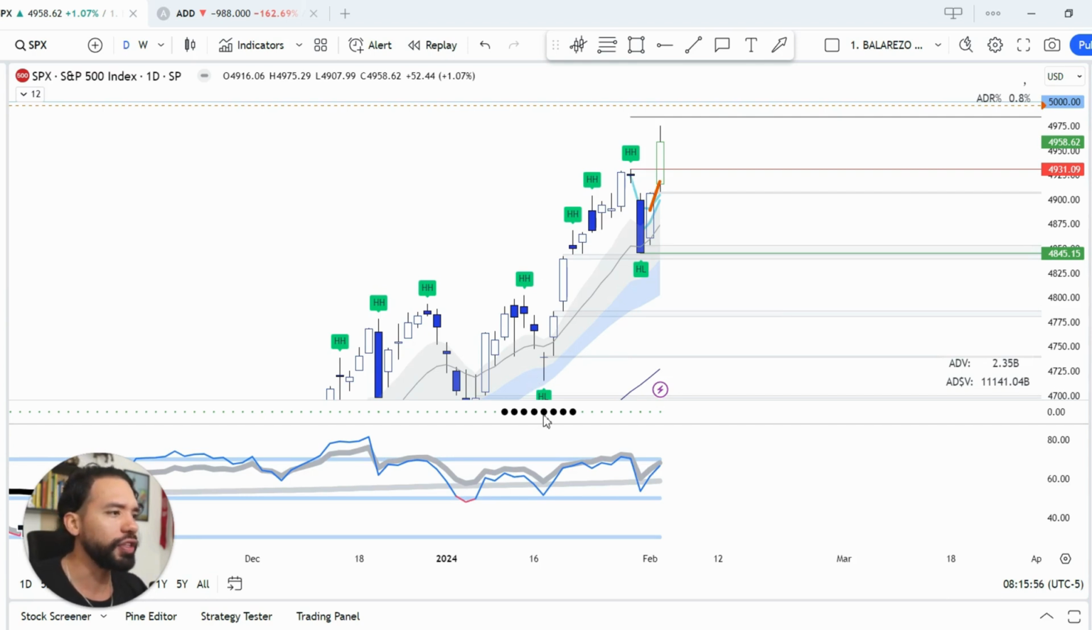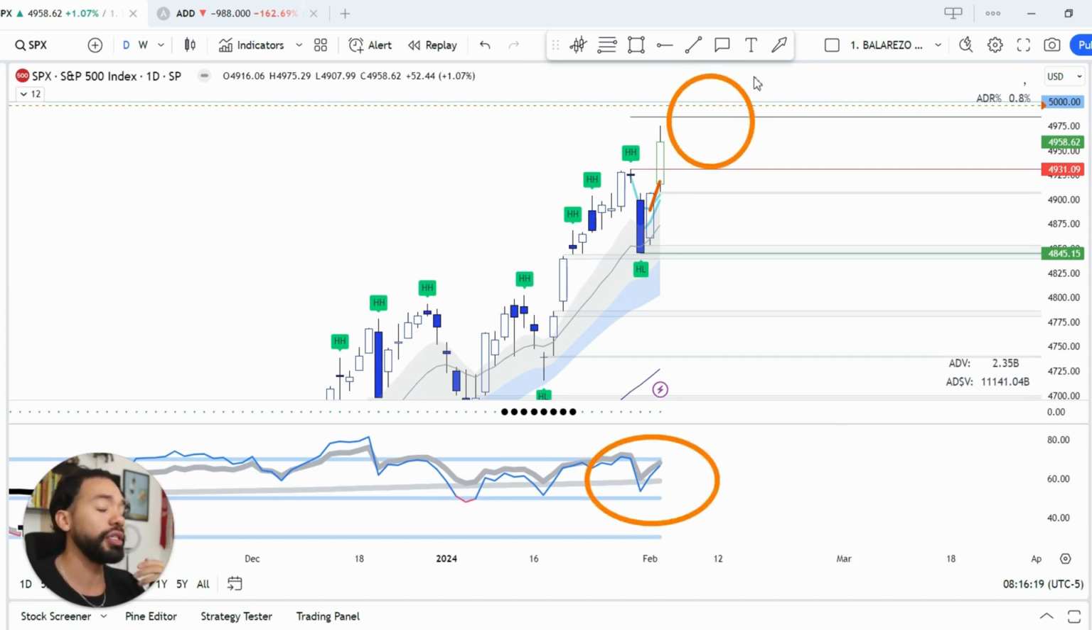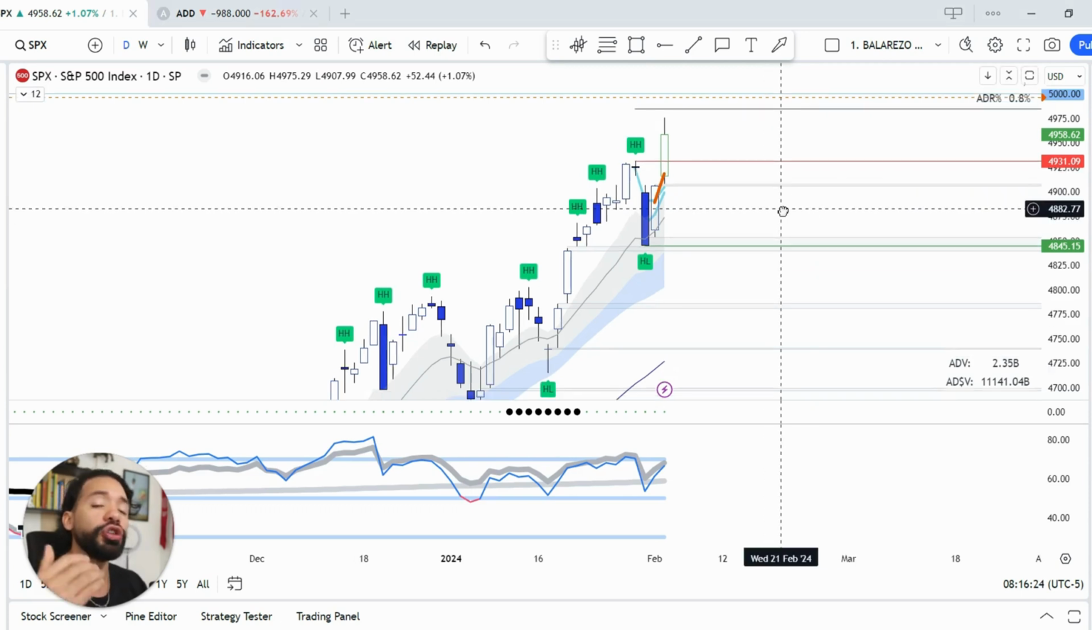As you can see right here, we continue to make higher highs and we continue to make higher lows, and that's basically telling us that the price action is just gonna continue to the upside unless we start with a lower low, right? So price action and the market structure continue to be bullish, the momentum continues to be bullish, the SPX is at new highs. So my expectation is that we're going to continue to see strength in the market,